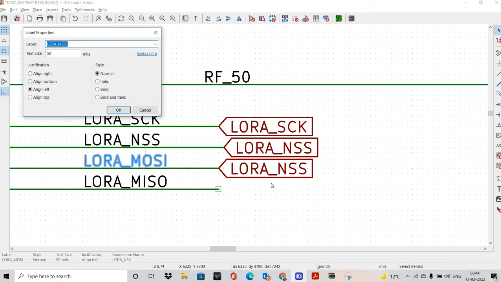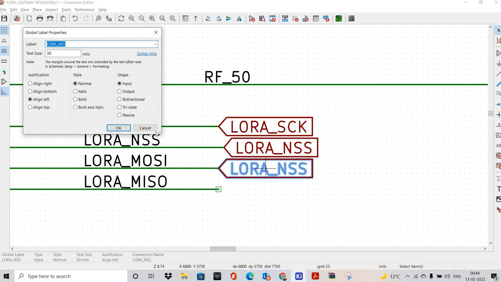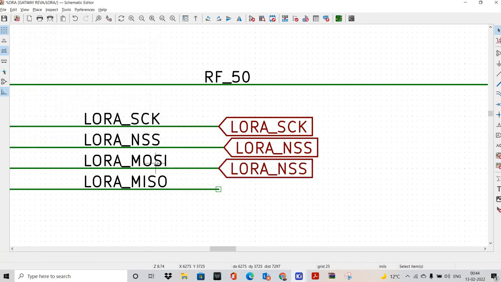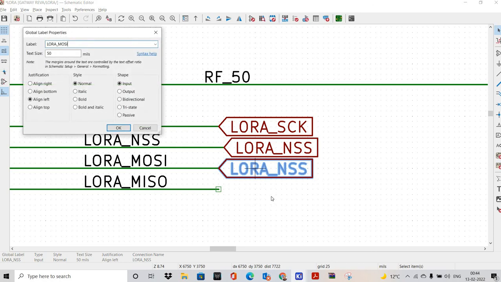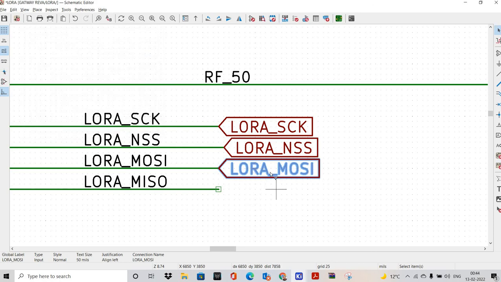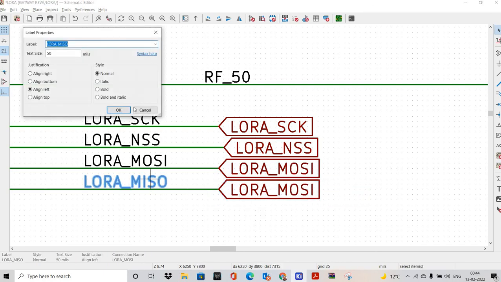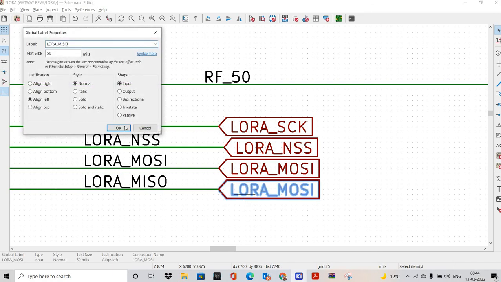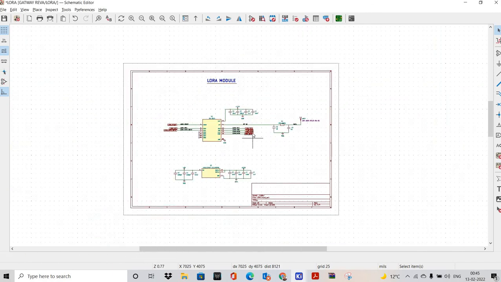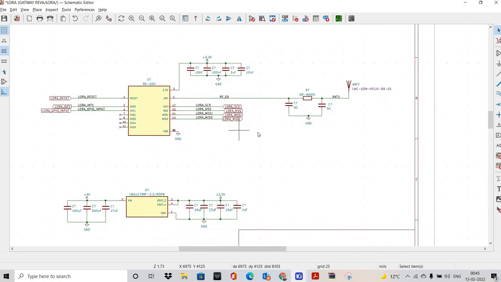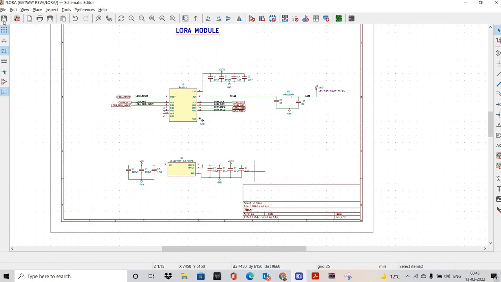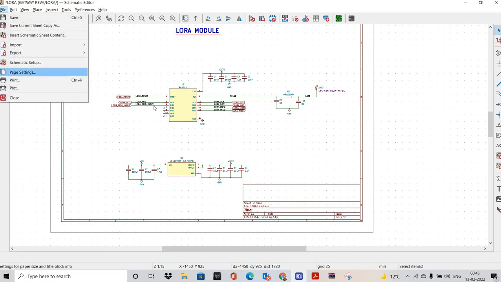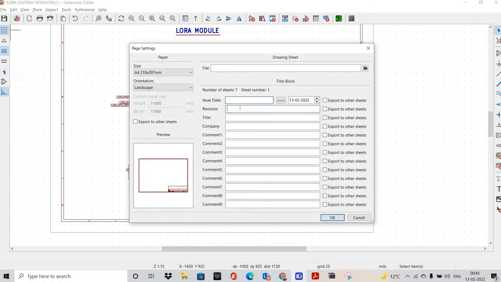So this Lora is a slave, so it should be input. So copy and then paste, and this is slave output, so this will be output. Okay, so paste setting,